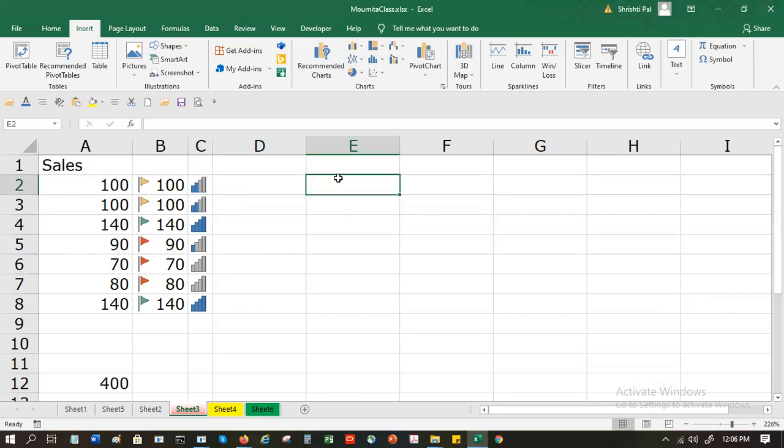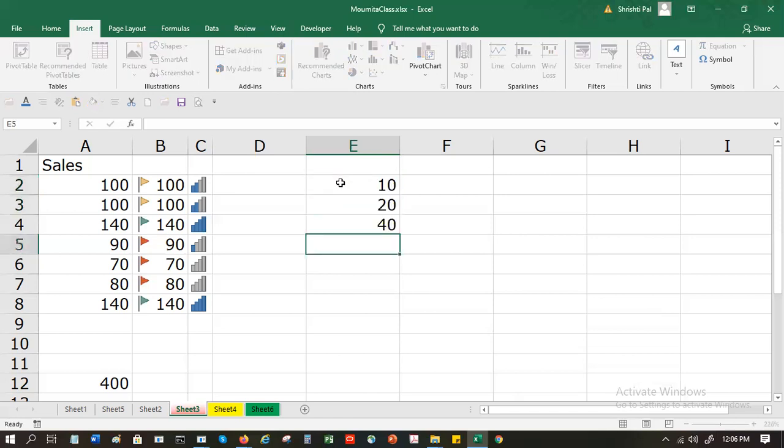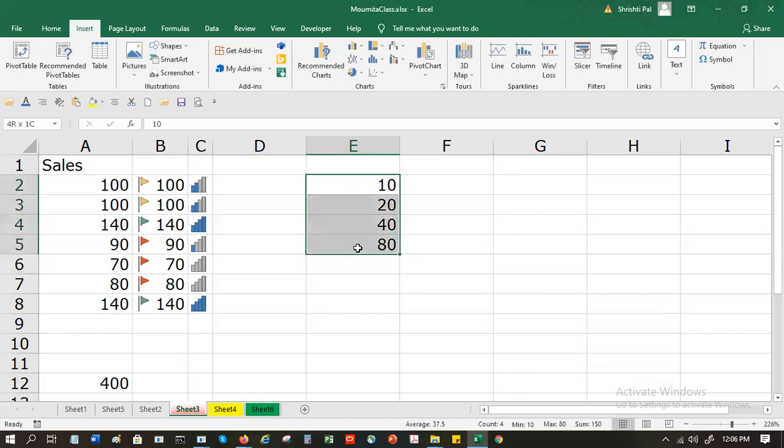So shall we start? Sure. There are two ways of creating graphs. One way is you have your own data set. So let's say I have a data set like this: 20, 50, 40, 80. I highlight this, and Excel gives me a set of recommended charts based on my data.